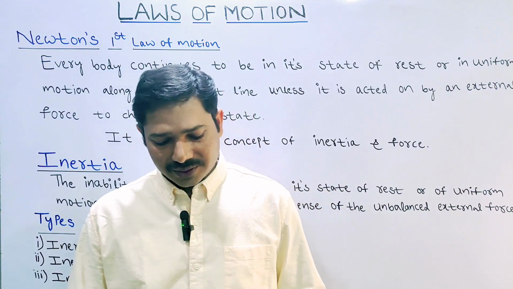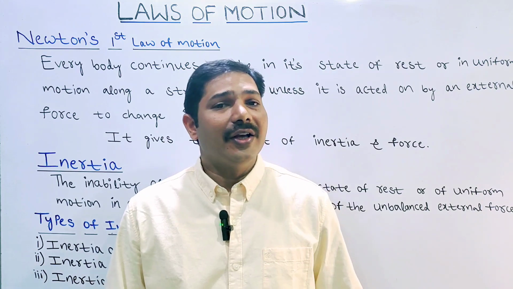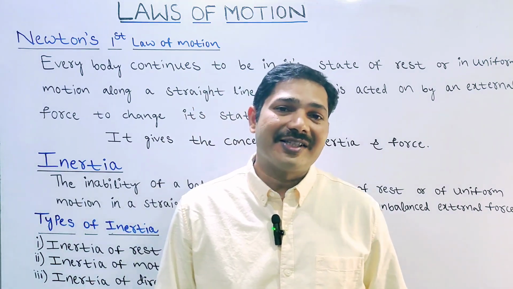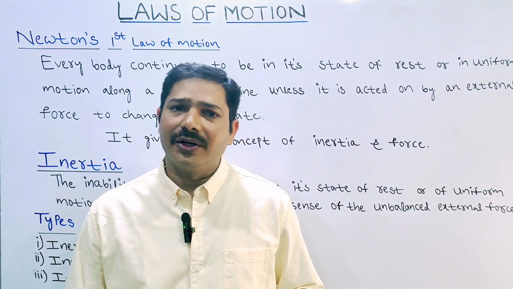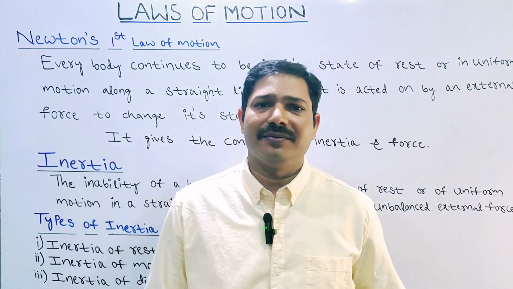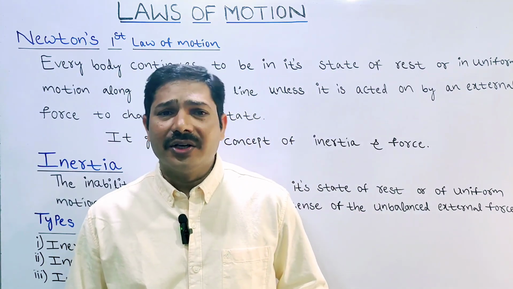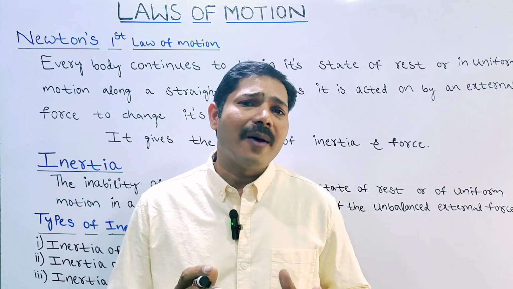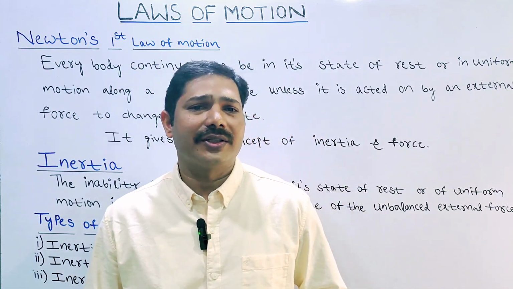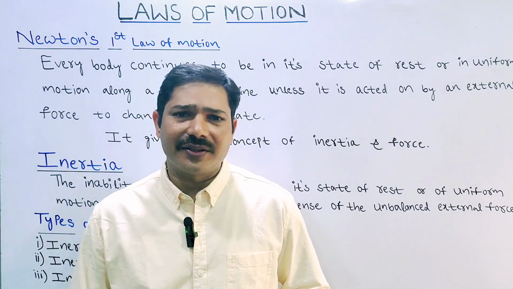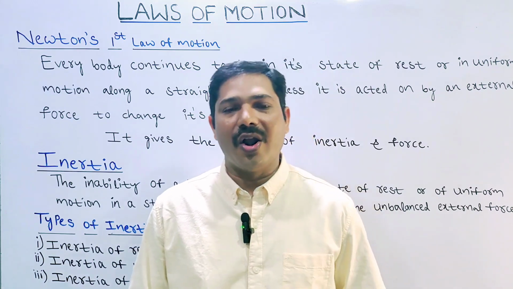One day Newton sat under an apple tree, and an apple fell down on his head. Generally, what will a normal person do? They'll take that apple and eat it. But Newton is a scientist. He thought, why is this apple falling downward? Why is it not going upward? One doubt arose in his mind, and that is the reason he discovered these laws.